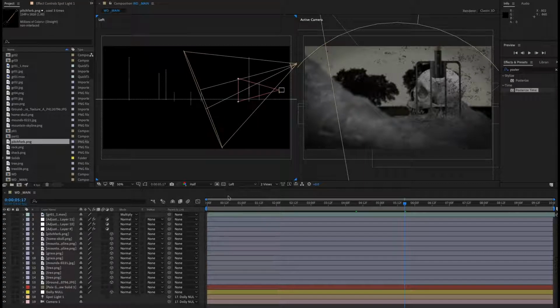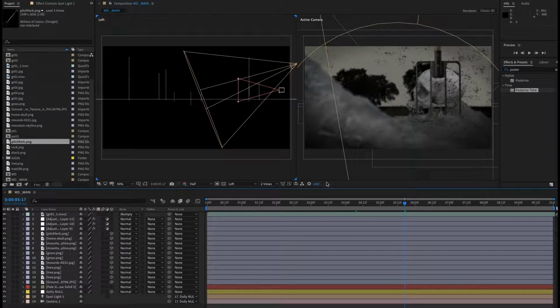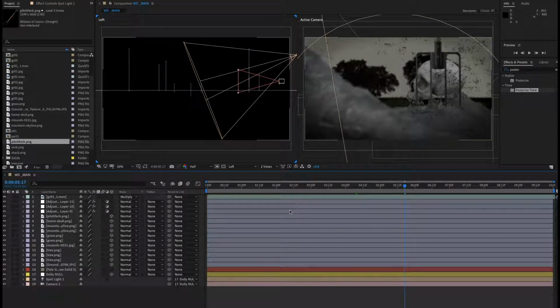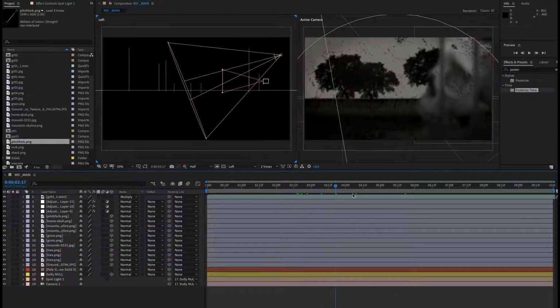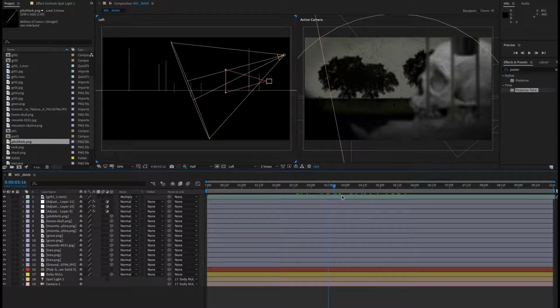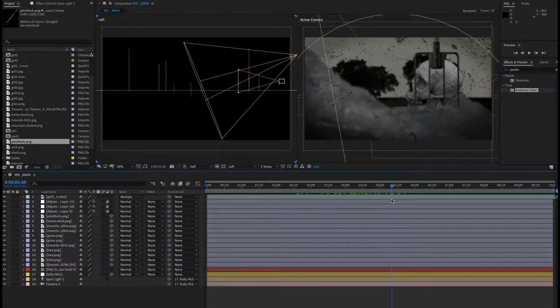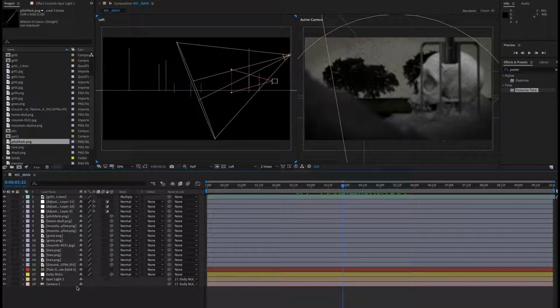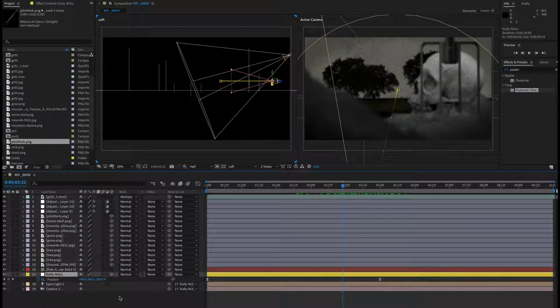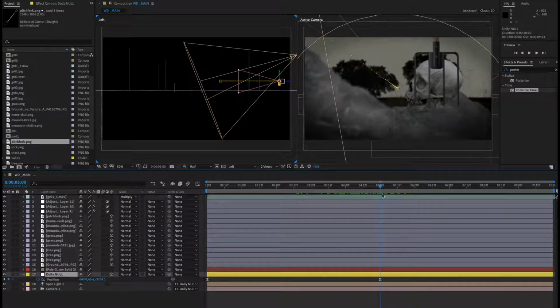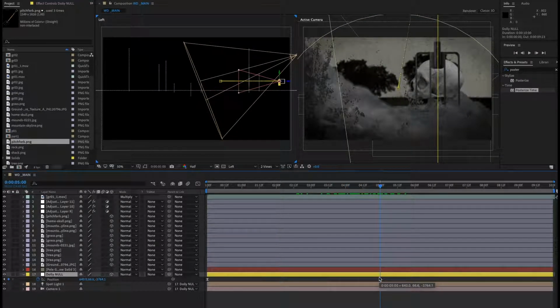Now, the key to this is we're going to cut on the flash. We're going to use the flash as a cheat to transition to the next section here. So the way I do this is, again, with our best friend, the adjustment layer. So what I'm going to do is, as this camera comes to a stop on this first or second keyframe here, I will make a new